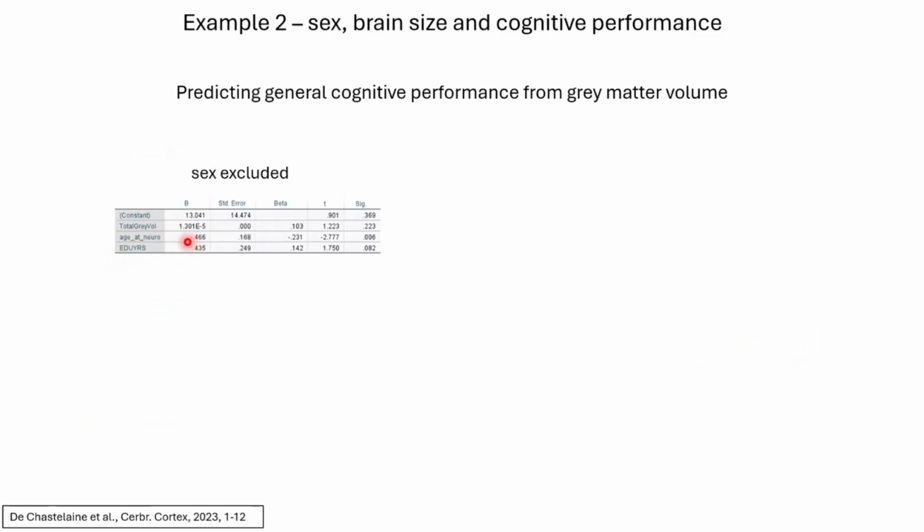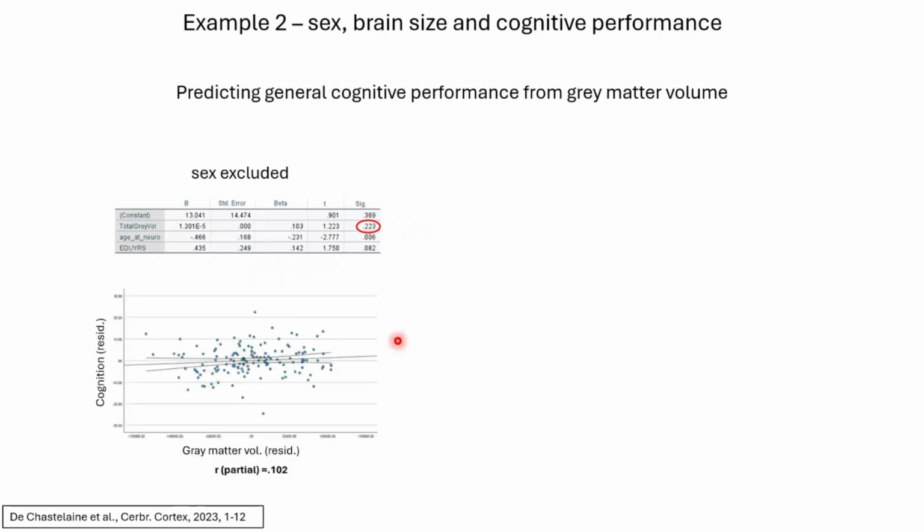Critically, though, if we look at the relationship between brain volume and cognition, and we simply lump all of our participants together without regard to sex, there is no significant relationship. In other words, if we say, well, we want to be unbiased with respect to sex, so the best thing to do is simply take all of our data and do a big analysis on it, we see nothing.